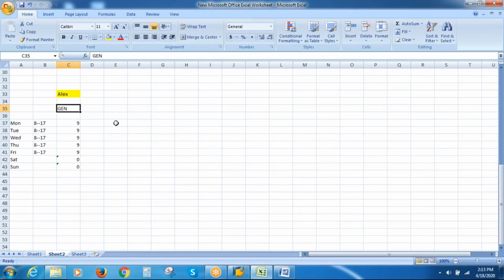Now, against this work schedule, the employee will actually swipe in and swipe out. This is the schedule in which the employee is expected to work. However, daily it's not really possible. Most of the days it is possible, but few days the employee might work for less number of hours.